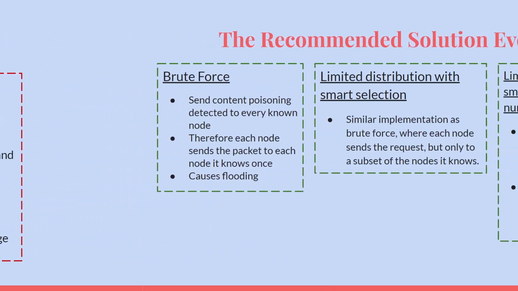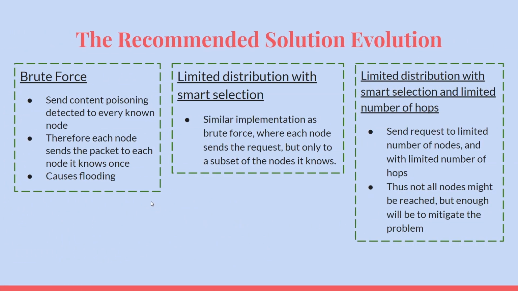Let's take a look at the recommended solution evolution. The first was brute force. In brute force, we would send a cache poisoning packet to every known node from patient 0. This guarantees that if a node is connected to the topology, it will know that it has to delete that data packet. However, this will cause a flash flood since each router distributes the packet at least once, and it could